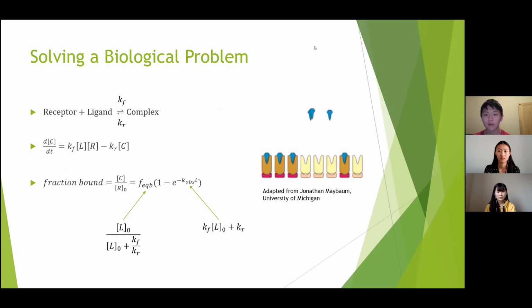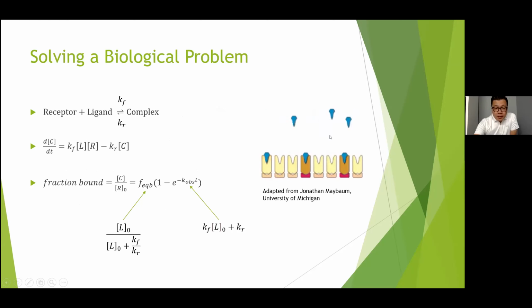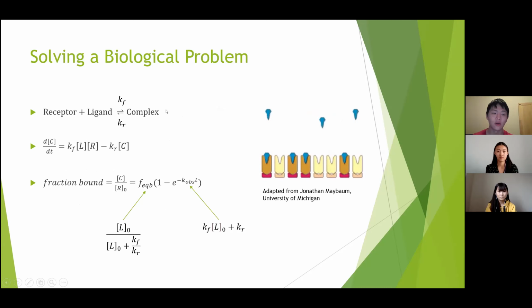But basically our problem is, a big problem in biology is that you have all these biological molecules and you want to model how they interact. One of the simplest examples is you have two molecules and they combine to form a complex. Here our example is we have these receptors, which are these yellow things on the bottom, and we have these ligands on the top, which are these floating blue things. When they combine, they can do things such as cell signaling or any host of different things that happen when they react.